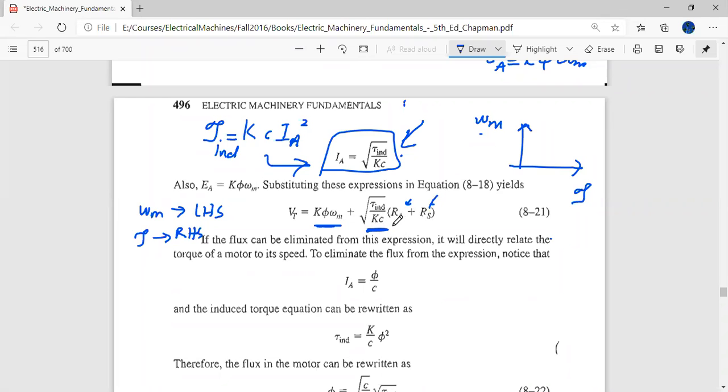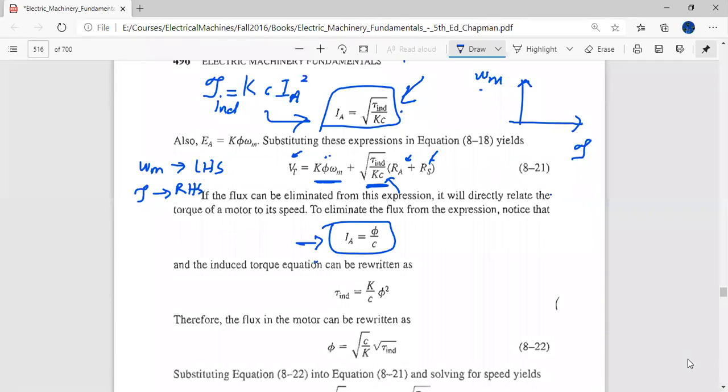This K is a constant, C is a constant. I'm not very worried about this. And this is also constant. I'm not worried about this. So the only thing which is bugging me now is that I should get rid of this flux, which is not a constant, which is not a function of the architecture of the machine. It's a variable. But I know that I can express this variable in terms of other variables. Like in this particular series machine, I know this relationship: flux is a function of Ia. So what I can do is try to get rid of this flux by using this relationship,